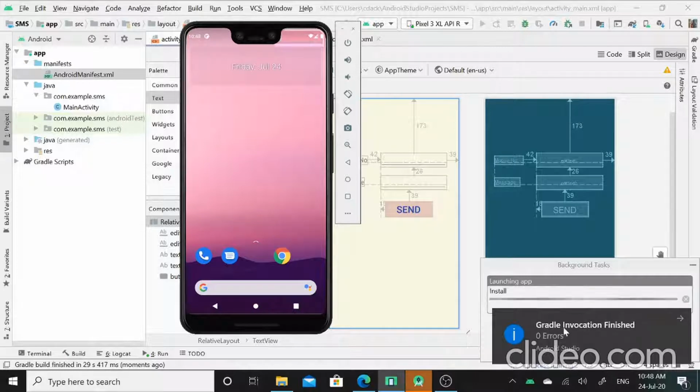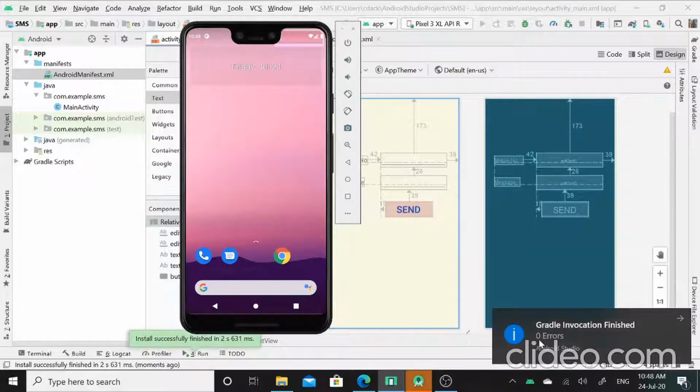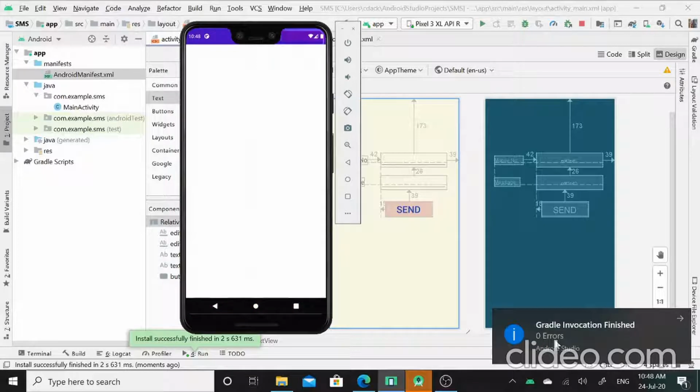Here the Gradle invocation has finished. There are 0 errors. It means my application has run successfully without any errors.